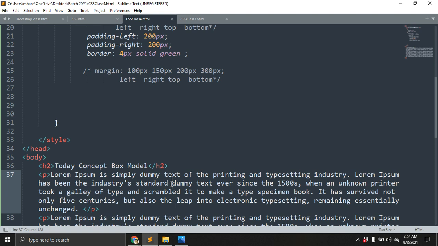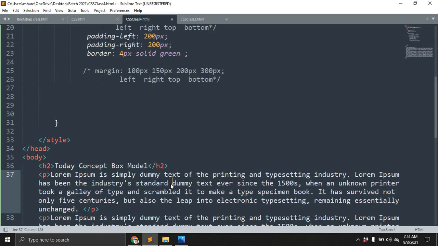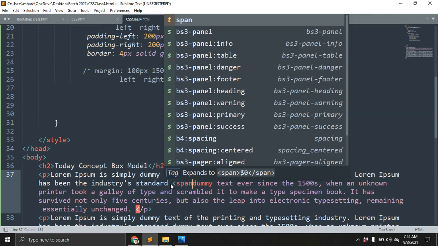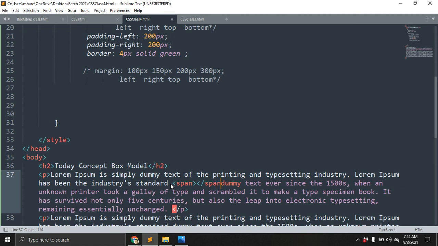I want to declare here a bold or span tag. Just a span, and I'm putting in some content.